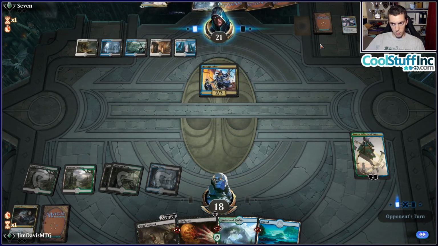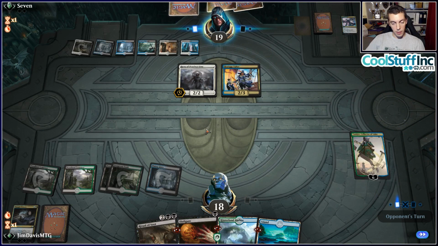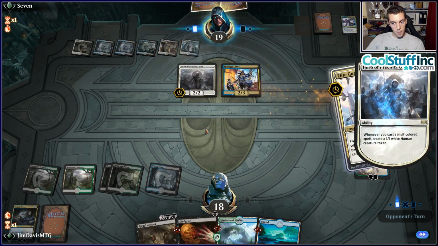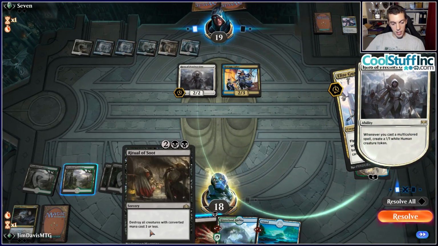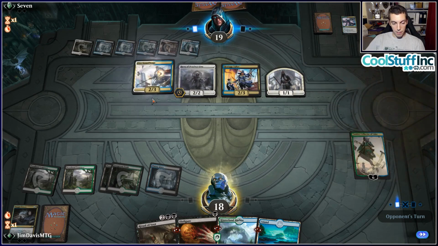Tamiyo also protects us from Thought Erasures and stuff. Doesn't really matter, I guess, because our hand's pretty bad, but maybe that's bad. Hero... Okay. Well, that certainly makes our Disfigure alive. We might be better off just casting Ritual of Soot next turn, though. Yeah, we're not really in a rush here. They can't play any more spells, so...